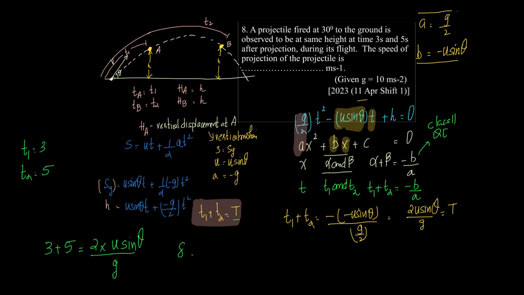This implies 8 is equal to, or say 8 into 10 by 2 is equal to u into sine theta. Theta is given to be 30 degrees, so this is sine 30. Therefore, 5 into 8 is equal to u into sine 30. Sine 30 is 1 by 2, so 5 into 8 is 40, and therefore u is equal to 40 into 2,